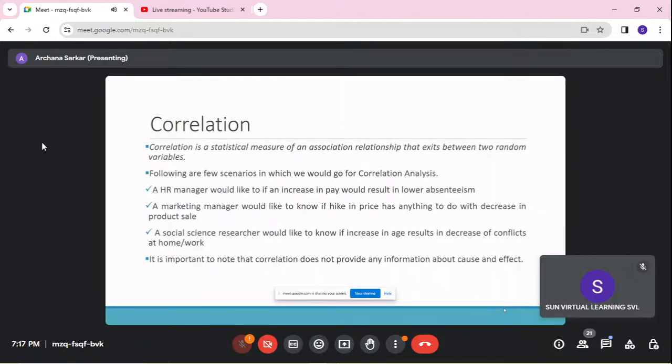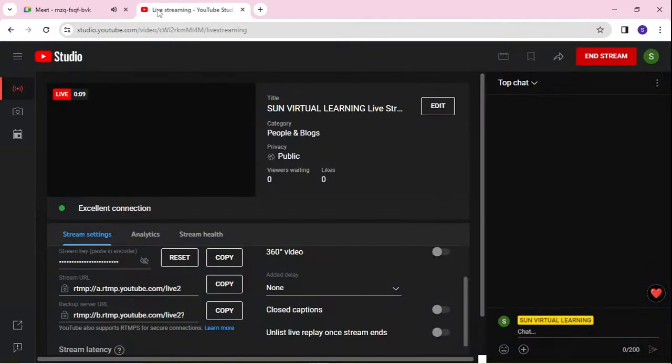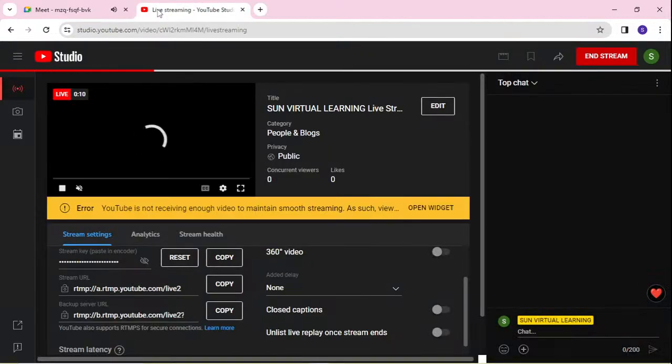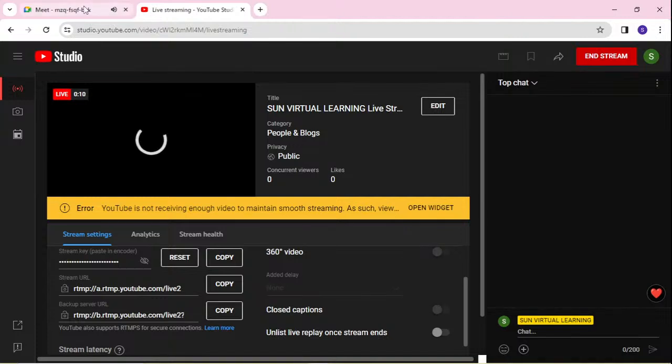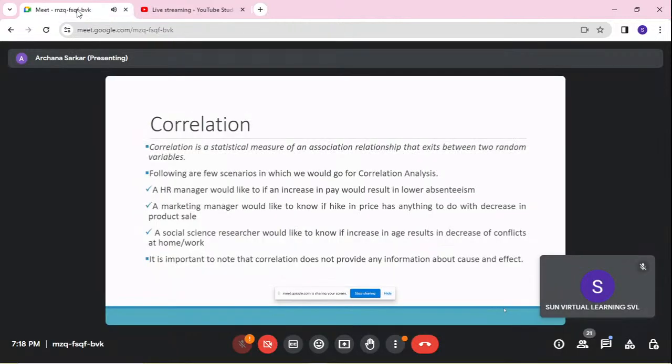A marketing manager would like to know if a hike in price has something to do with a decrease in product sale. So price and the product sale. Here the marketing manager wants to know the relationship between the price and the product sale. A social science researcher would like to know if an increase in age results in a decrease of conflicts at home or work. So age and the conflict at home or work. So here the social science researcher wants to know the association, or the relationship,